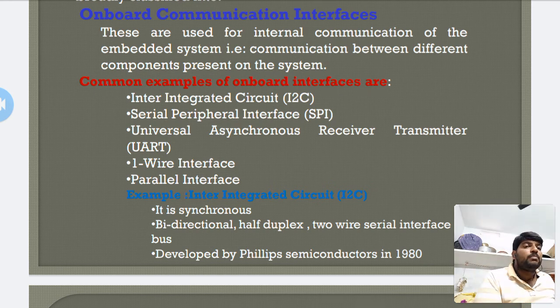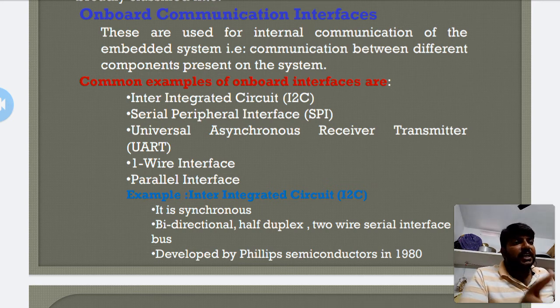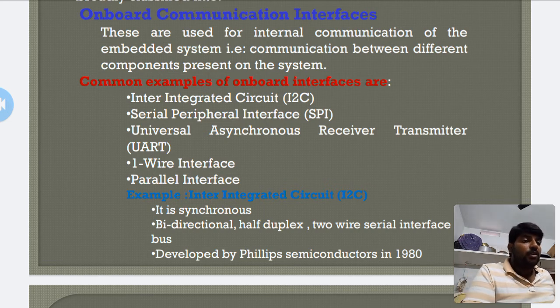The next one is the slave select. Slave select is used when we are connecting a number of slaves to the master circuit. It determines which slave is transmitting or receiving data, that is, which slave is in active mode. We use the slave select for the selection of the slave.